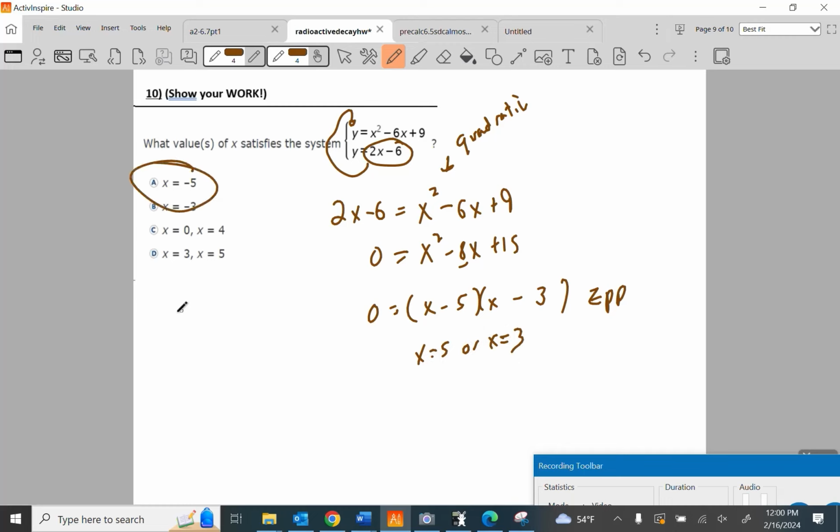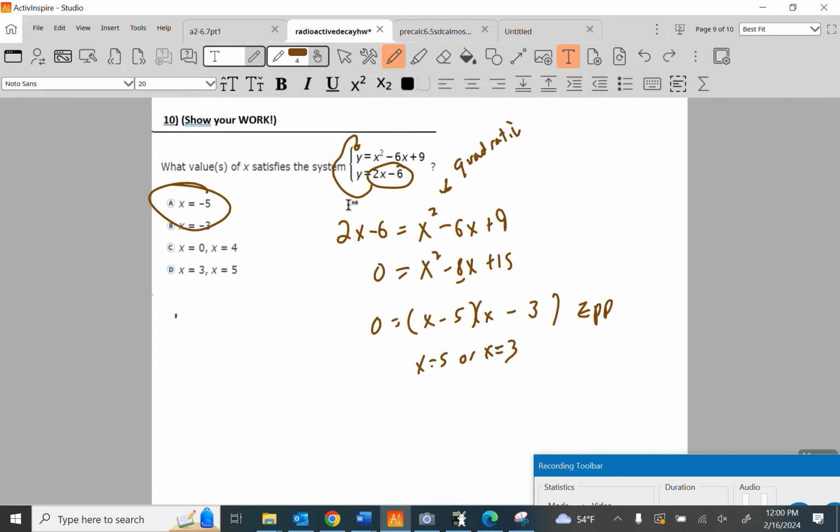Now, this question is fair game on both the non-calculator and calculator part. This is a fair question for either the calc or non-calc part of the EOC. So, if on the calc part,